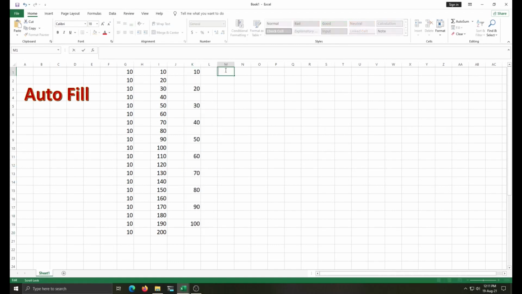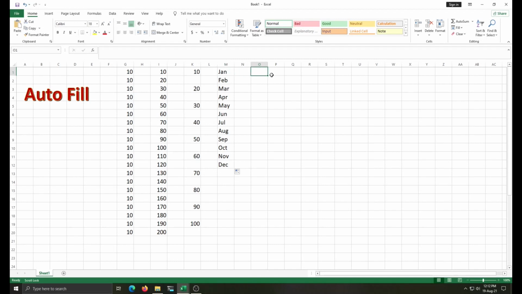Now I want to write here name of the month. So I am writing in first cell Jan. I will take my cursor at the corner and drag till December. So here this name of the month, name of the days, this data is already defined in Microsoft Excel. This is a predefined data. But if you want to take your personal information, some list, then we have to define that data in Microsoft Excel. So how to do that?